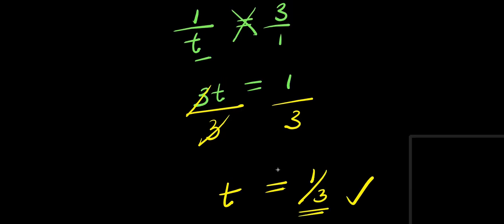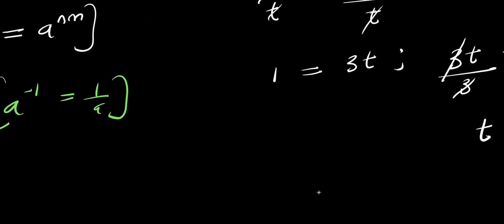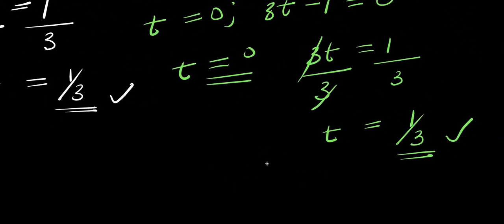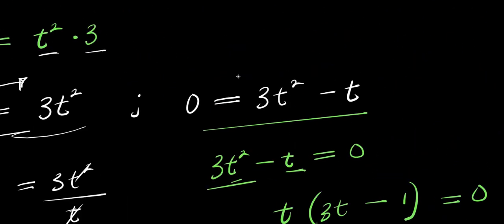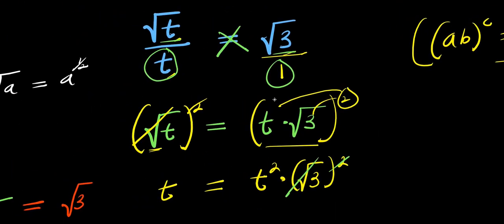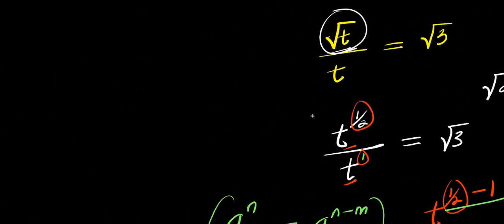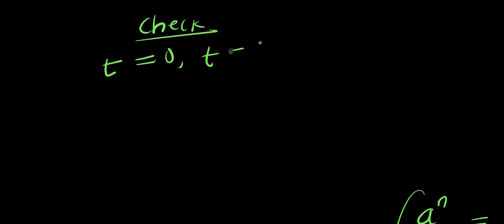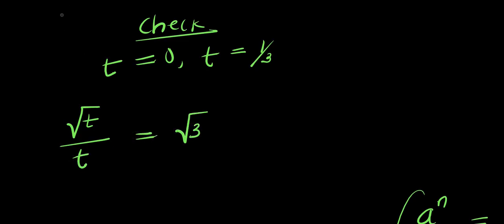So I have one solution here. Well, in this other approach, we were able to have 2 different solutions. So let's just have a quick recap of how we solved it. But before that, let's check. So I have t equals 0 and t equals 1 over 3. And the question is we have root t divided by t equals root 3. You insert this value for t,